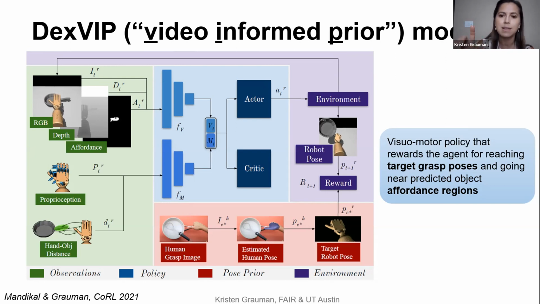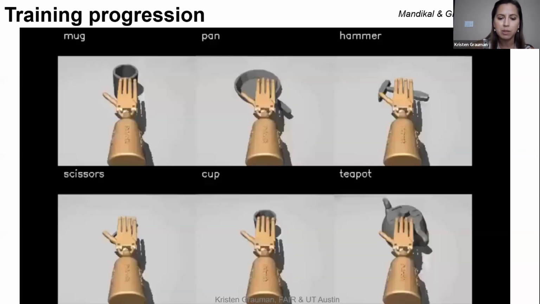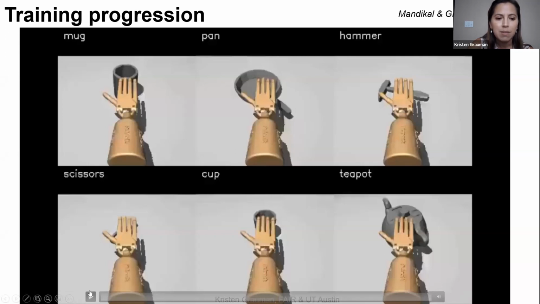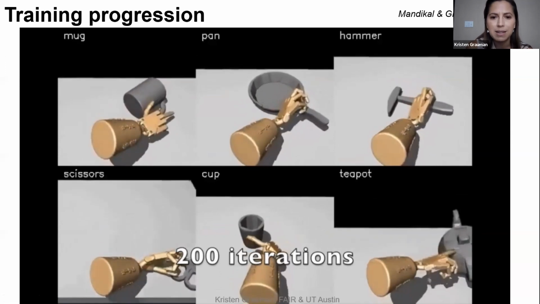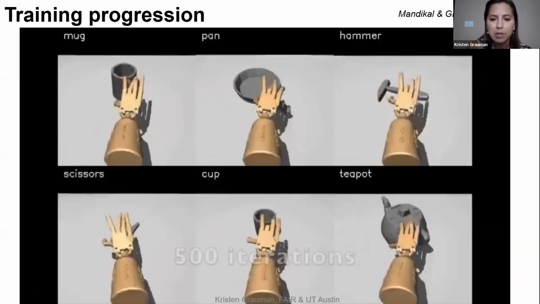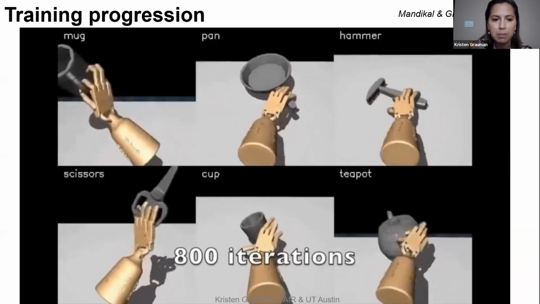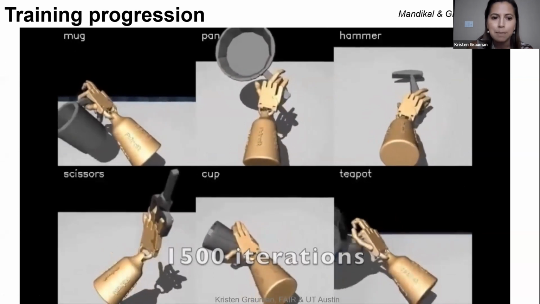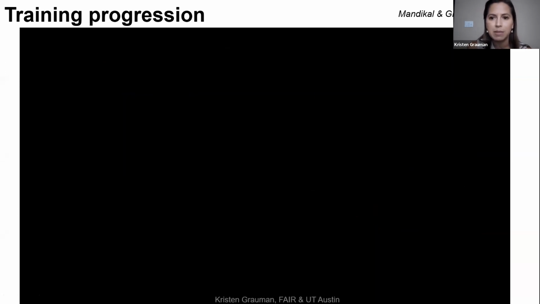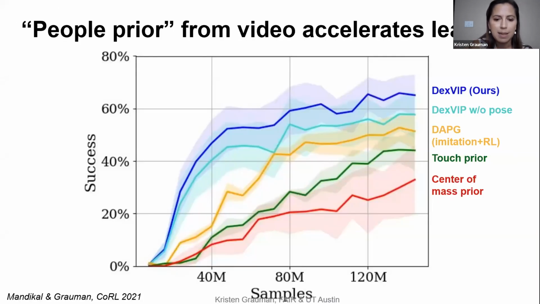Okay, so you imagine training this then for the agent to get experience with new objects and zero in on the places that are going to be most effective to grasp them, even before it has its own physical experience. And what I'm playing you now are 6 different objects that this hand is encountering over time during training. And you'll see, initially bumbling, and then this RL agent is starting to pick up better postures that connect with the object and even grasp it in relatively human-like ways. Right? And what happens then is we can see how this people prior from video does accelerate learning and lead